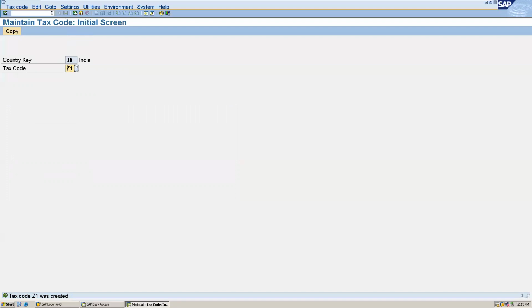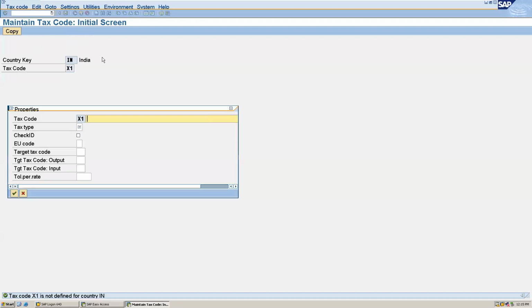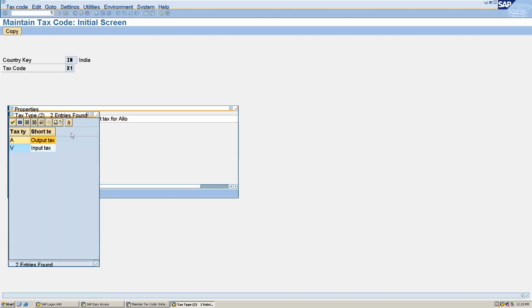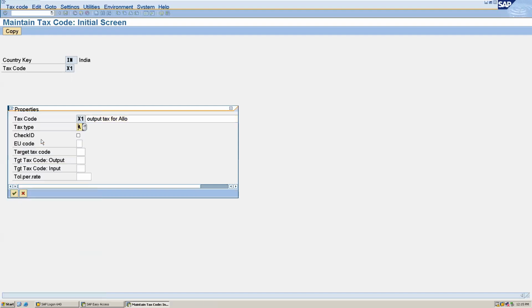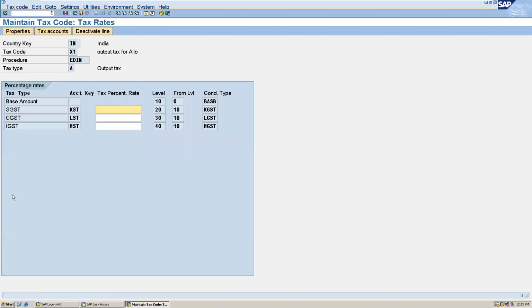Same thing, next you can create the output tax X1. And the tax type is output tax. Save it.